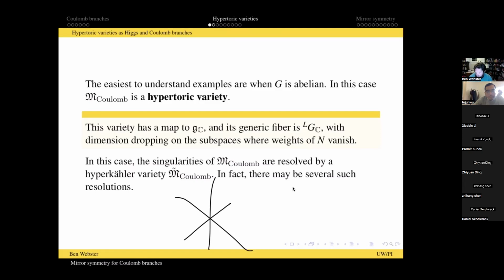And it turns out there's a resolution of this, which you should think of as having something to do with pushing these hyperplanes off the origin. In fact, there are many such resolutions because there are many ways of pushing these off the origin. The thing that has to do with this is a real Kähler form, the moment map image of the resolution form. So different ways of pushing it off give you different complex structures of the resolution.